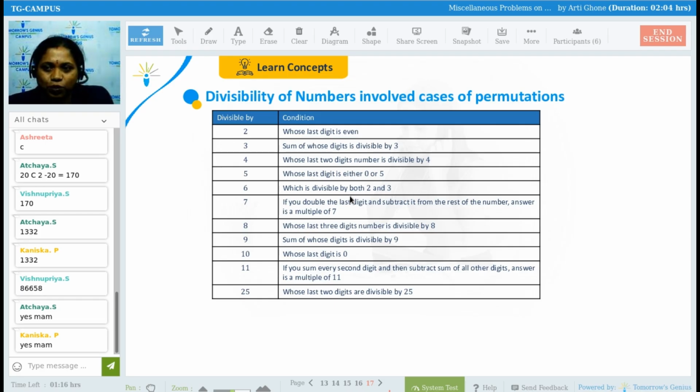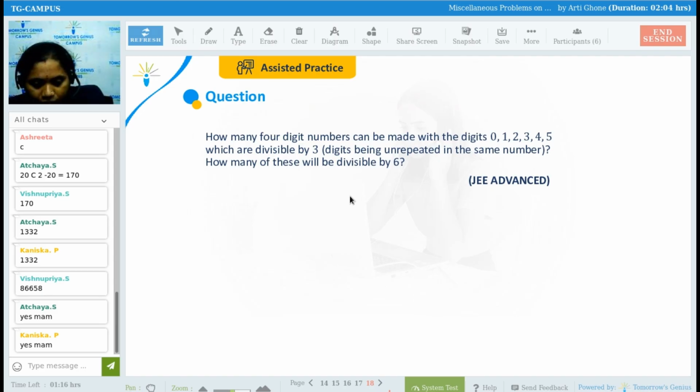Clear? So these are the divisibility tests you have to remember. And in JEE, any divisibility test is applicable. It's not limited up to 2 and 3. It may be 11 also. So just remember this chart forever. Now, with the divisibility test, we have done many types of questions in permutations, but I have incorporated